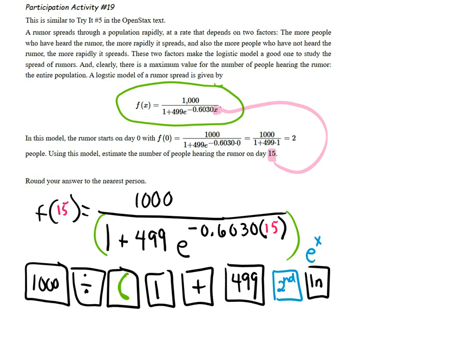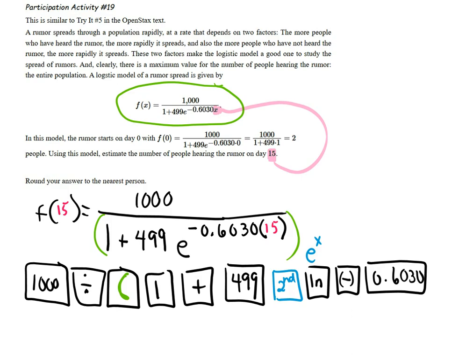That'll pop in an e to the x, and then I hit my negative sign, which for me is down at the bottom, a button with a negative inside parentheses. Then I would type in the